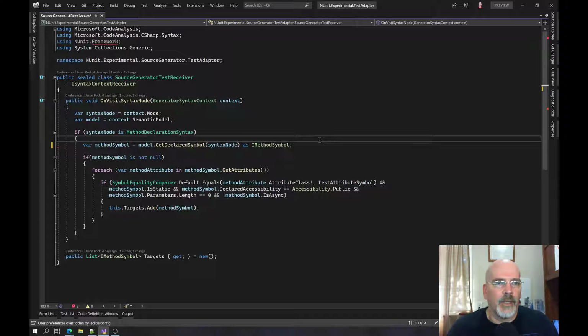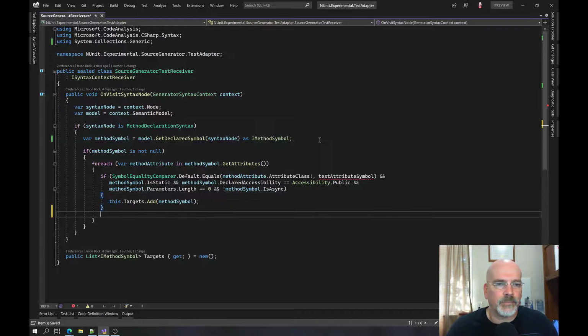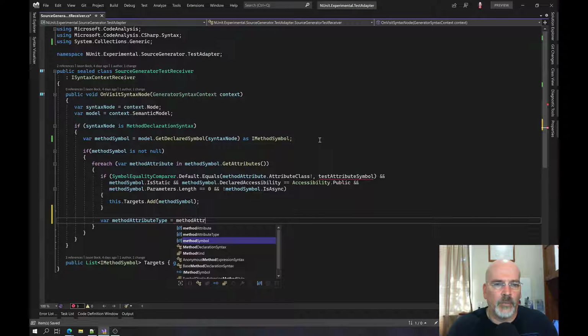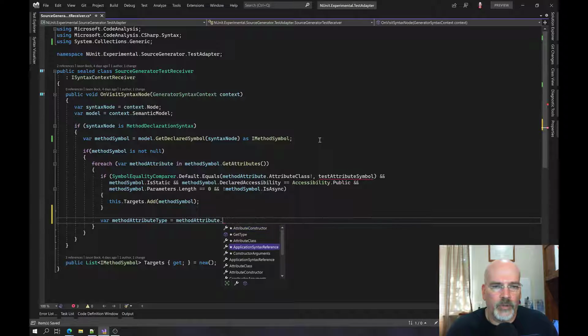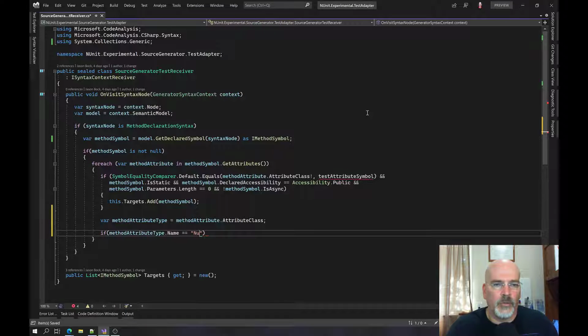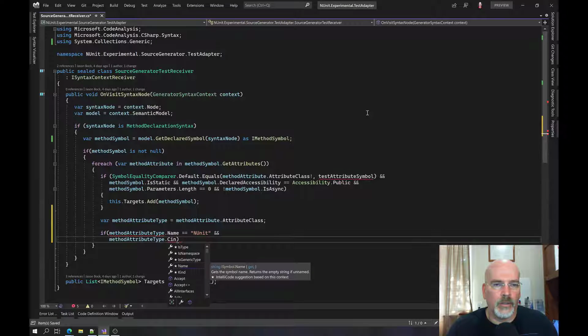So we're going to take that away, that away, that away, and we're going to say if the method attribute, let's grab the var method attribute type, because that's what we really care about, is equal to method attribute class. I think that's the thing that we're looking for. Yes. Now we can say if method attribute type name is equal to, and we'll hard code this for now. We would probably want these as constants, but if the name is that and the method attribute type containing,